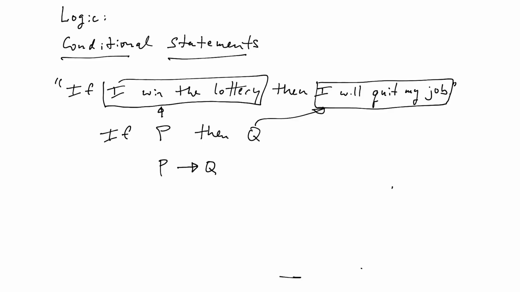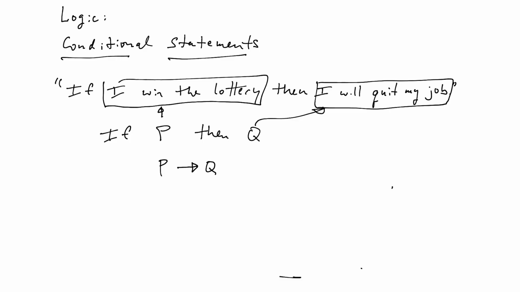So this is called a conditional statement. And it's a little different. Just like "or" meant something a little different in this type of logic than it did in regular English, the same thing is true here with this if-then. Well, first of all, if you just have a statement, if I win the lottery, then I will quit my job,